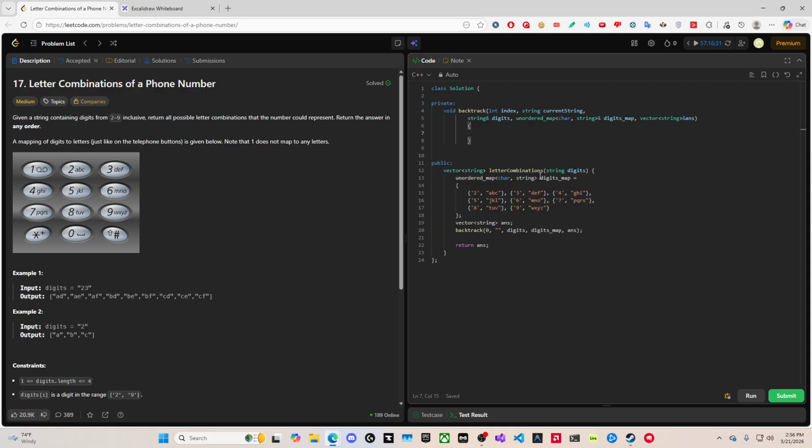So remember our base case? What was our base case? Our base case is if the length of the current string is the same length as the input. So that would basically be where we would have to stop. Okay, so we're going to say this current string size equals digits.size. And remember, the input is actually a string. You'll look at line 12. So that's why we can do this. Okay. If that's the case, then we'll do